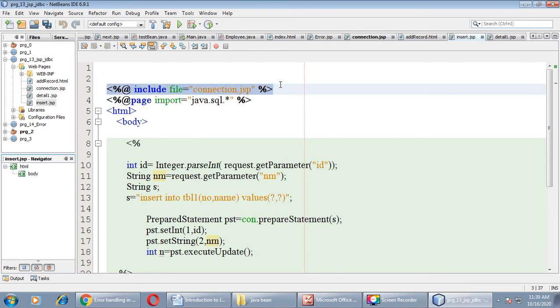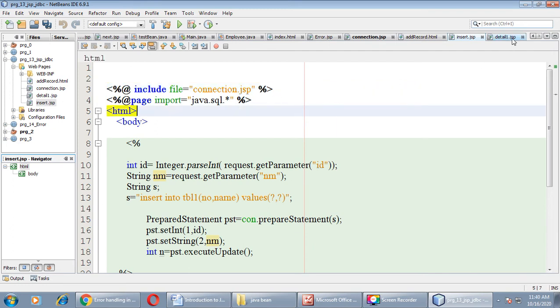I have split out the code into connection.jsp, which is required for deleting a record, adding a record, or if you want to just display the records. Everywhere you need connection.jsp, so I made it common for all. You can just include this file wherever required.